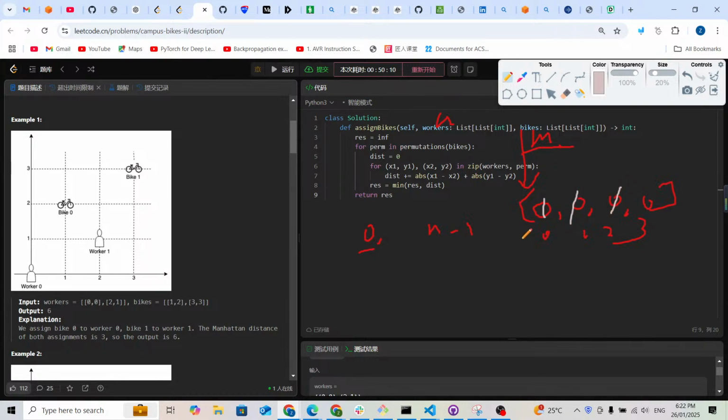If this bike is chosen, I'm gonna set it as 1. So next time, while I'm checking this bike, because it is chosen, I cannot choose it. I have to choose the next. So while I'm choosing all the bikes, if the bikes equal to n,